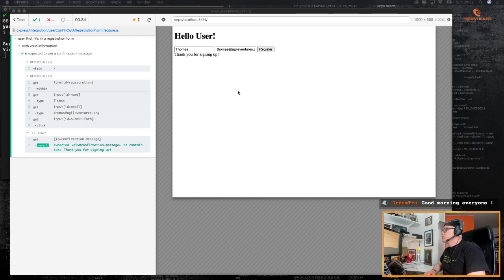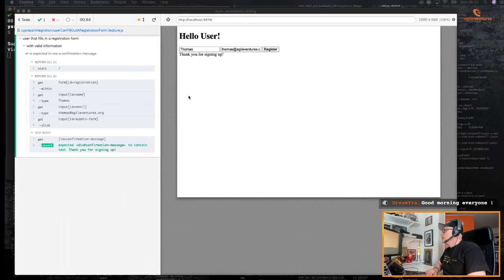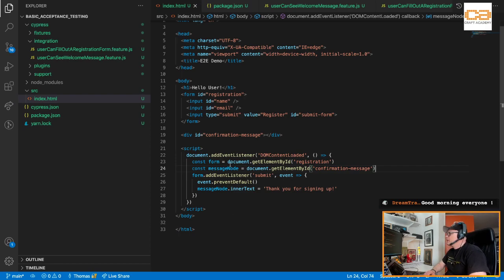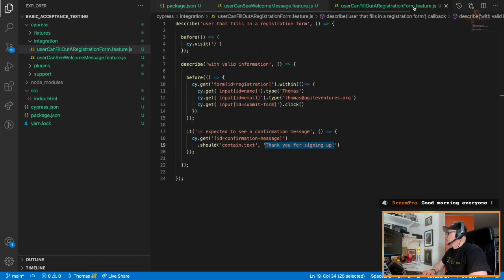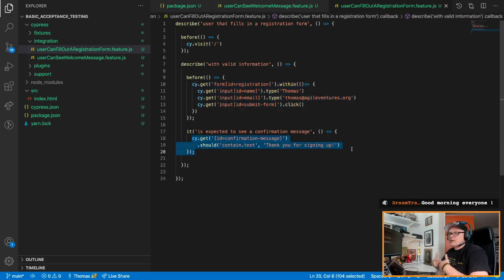Anyway, we are of course not signing up this user for anything. This is just some demo code. But I think what we see come across is that by writing a test like this, sitting down and thinking, what do I want to do? Building a scenario. User that fills in a registration form with valid information is expected to see a confirmation message, right? And then filling this in with some commands for the test framework to actually interact with your